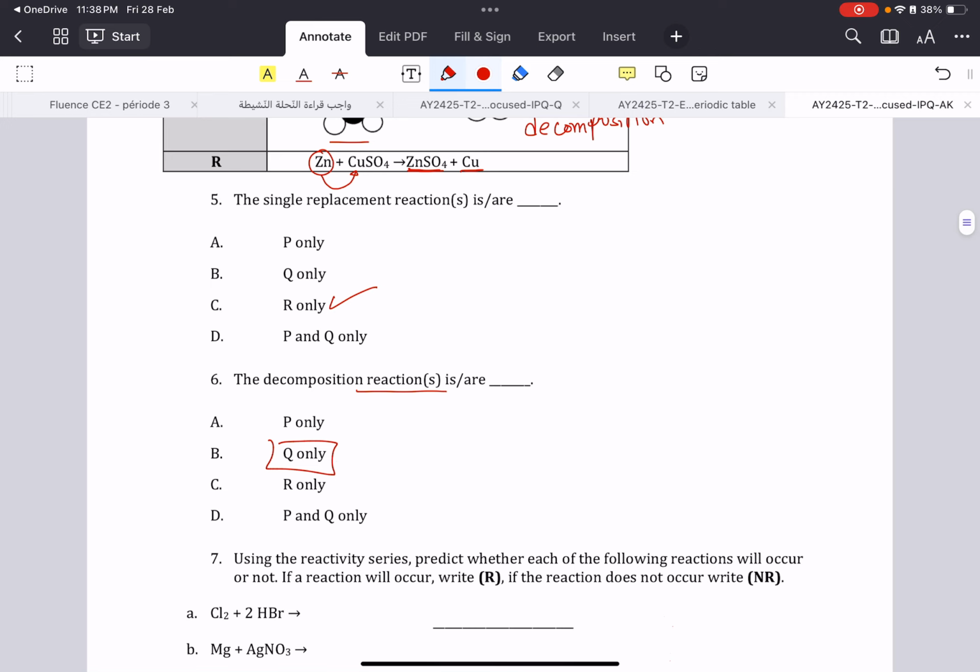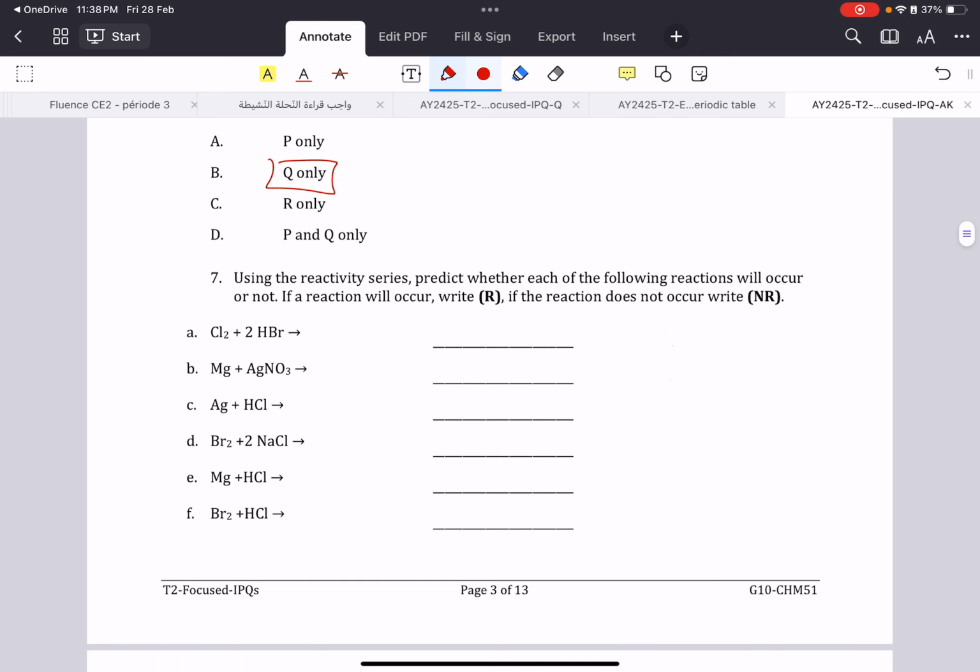Here's the answer, Q. Now, moving on, we need to use the reactivity series to predict whether each of the following reactions will occur or not. If a reaction will occur, we will write R. If the reaction will not occur, you will write NR. So here again, you need to look at the reactivity series, and in the reactivity series, sometimes they give you also non-metals to look at. So in this one, here I have the question of